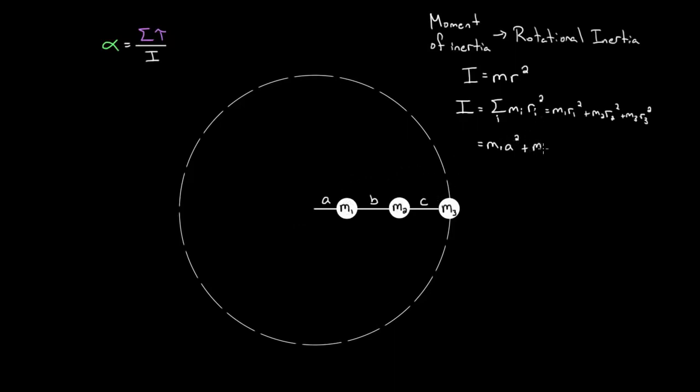So we'll have m2 times its distance from the axis. That isn't going to be b, that's going to be all the way, so that's going to be a plus b squared. And then if you wanted to find the contribution from m3 so that you'd get the total, you'd have m3 times, well, it'd be a plus b plus c squared. This would be the total moment of inertia for the entire system, which says it's going to be more difficult,